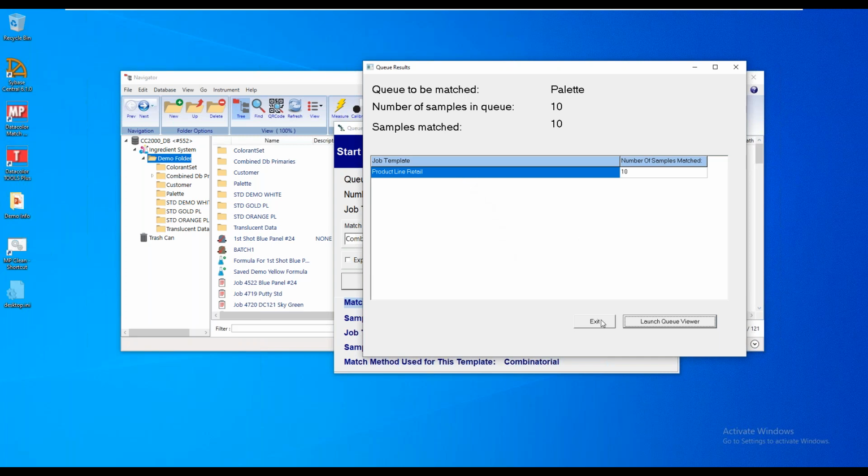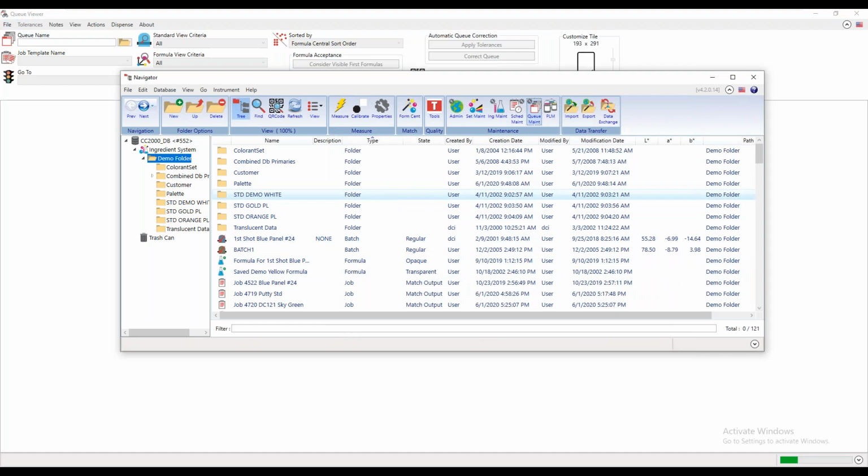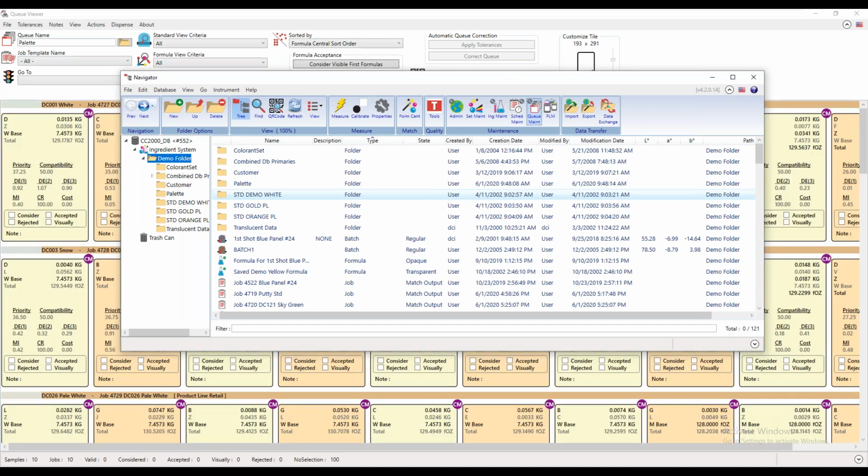At the bottom here, I could click exit. The system will store the queue in our demo folder for access later, or I can actually launch our queue viewer, which we will go ahead and do for this demo. Okay,